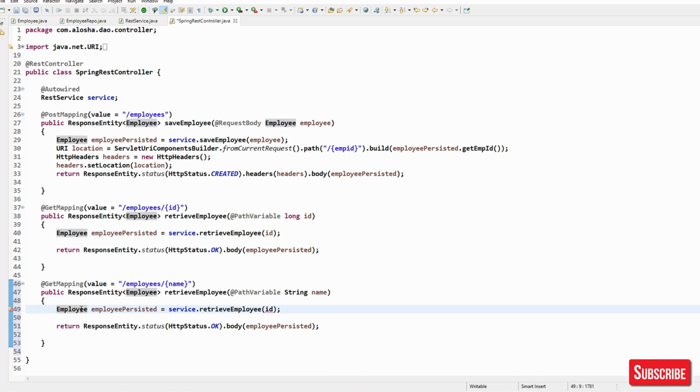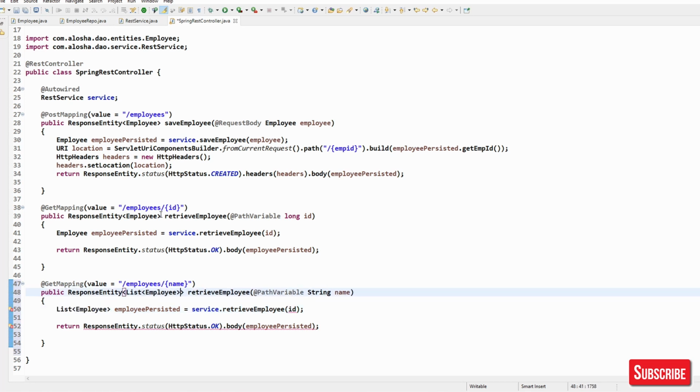This will be a list of employee actually, and the same here, we have to update List of Employee, and service retrieve.